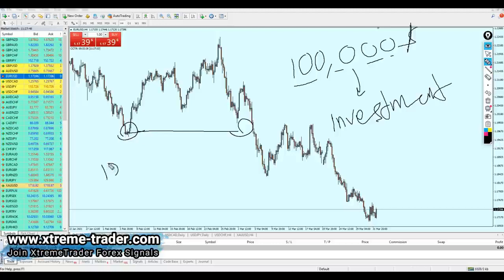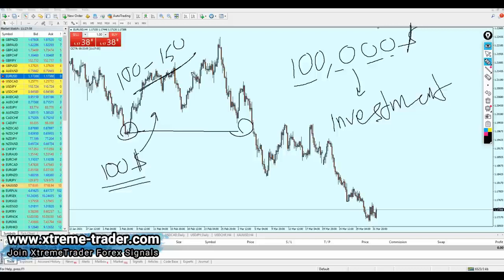Let's say about $100. Meaning my stop loss should be exactly $100 and my profit should be between $100 and $150. So your risk to reward ratio should vary between 1 to 1 or 1 to 2. It's really up to you. What I'm explaining here is my own thoughts and my own opinion about how I manage my funds and my trades. As I said before, I'm going to invest $100 in this deal.